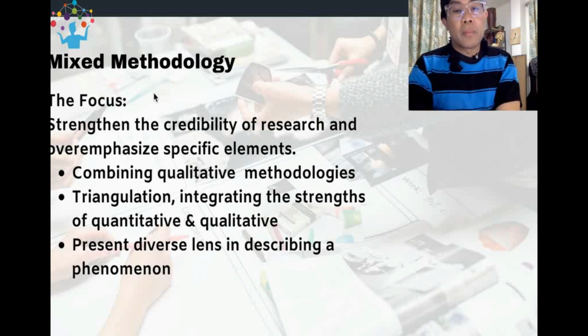Then we talk about triangulation. I will elaborate more on that later on. When you talk about triangulation, it is about the integration of the strengths of quantitative and qualitative. Triangulation has many meanings, many connotations, and many implications in terms of research. But triangulation can also be associated with different